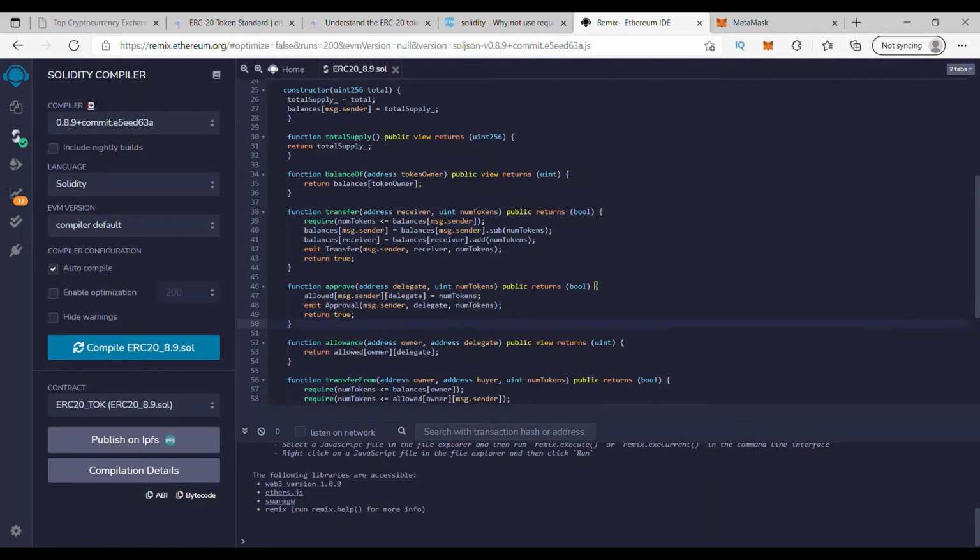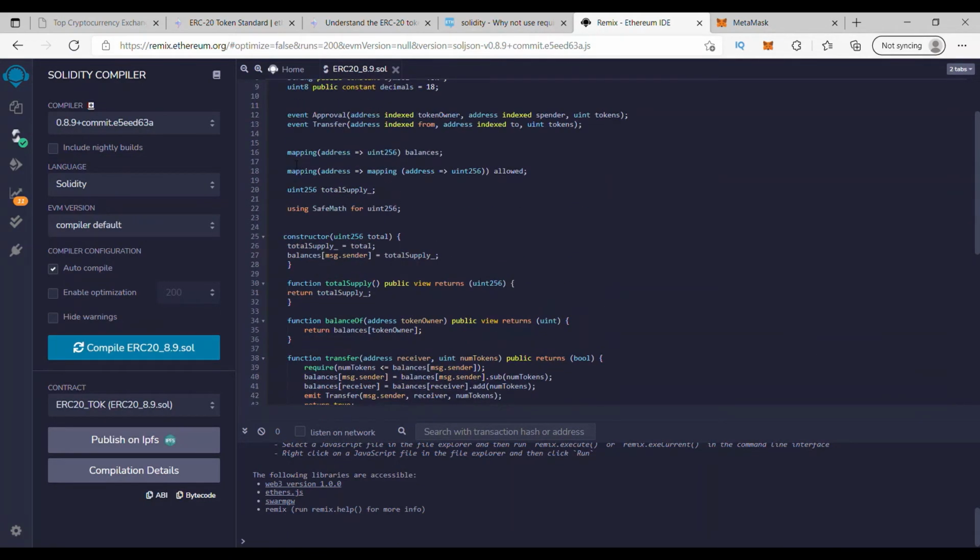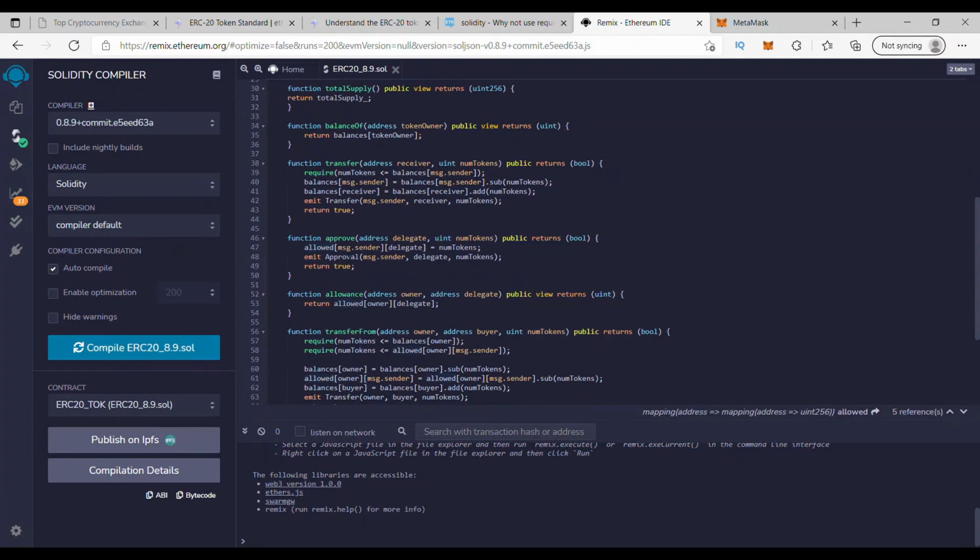Now it's time to understand the delegation part. As you remember, we did a nested mapping here, right? The parent is allowing the son to transfer so many tokens on his behalf. Mother to daughter, so many tokens. So this allowed mapping needs to be filled up with such delegation. Therefore, there is a function called approve. This approve will accept two input parameters. One is to whom you have to delegate, and how much. And who is the parent or the delegator, whoever is